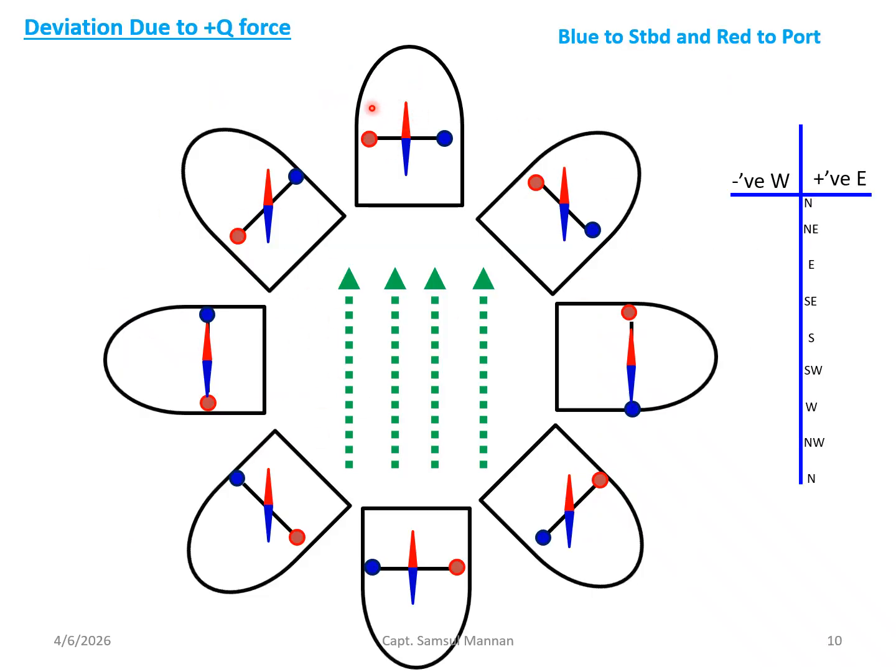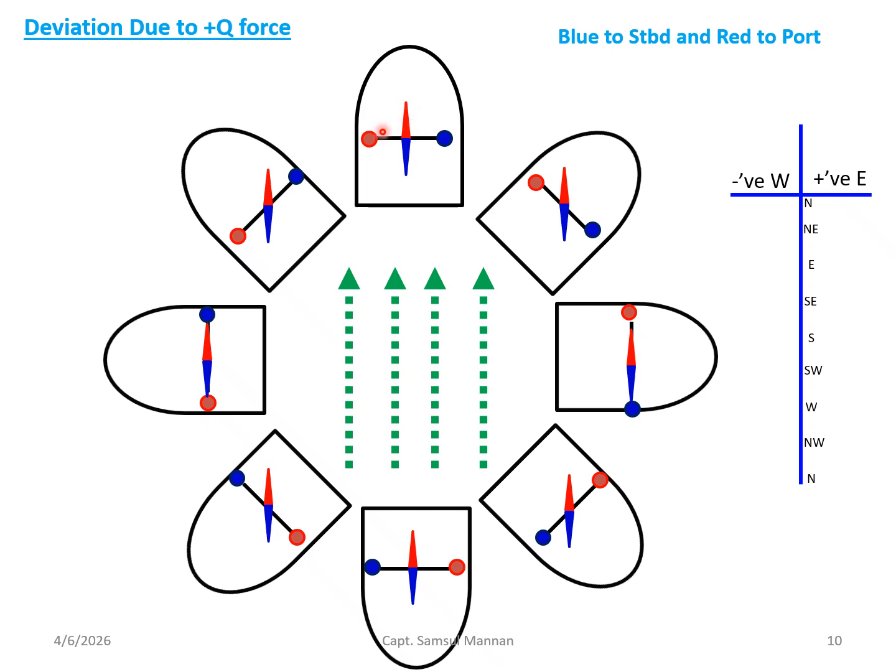Here we have a ship. This ship is kept in 8 different headings: 0 degree, 045, 090, then plus 45 degree, that means 135 degree, then 180, then 225, 270, 315 degree, right? So that is the 8 headings. Let's see in different headings what type of deviation we get due to plus Q force. So when the vessel is on 000 degree heading, you see that